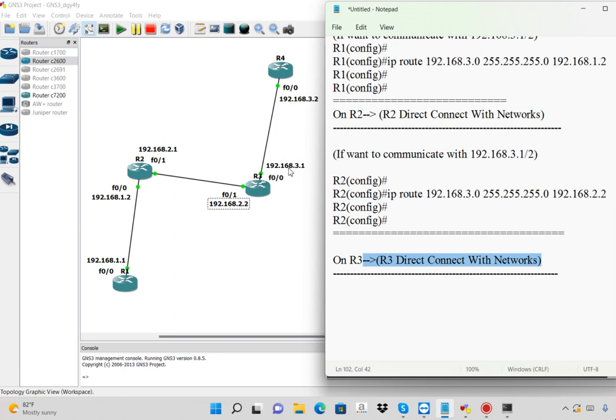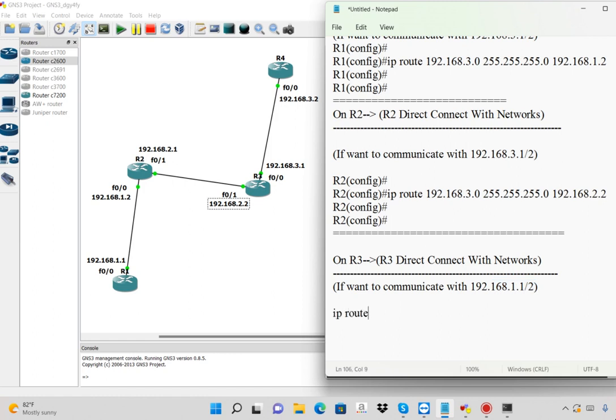Router 3 is directly connected by these networks. So the different network from router 3 is 192.168.1.0. If we want to communicate with 192.168.1.1 and 1.2 from router 3, the command is